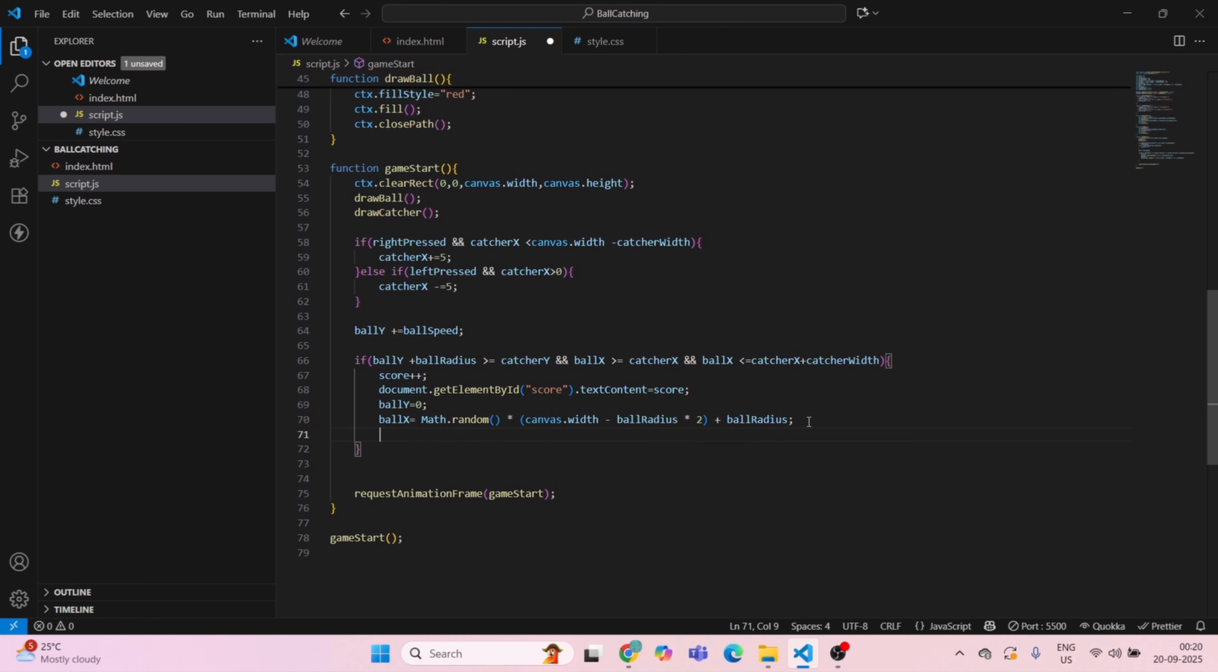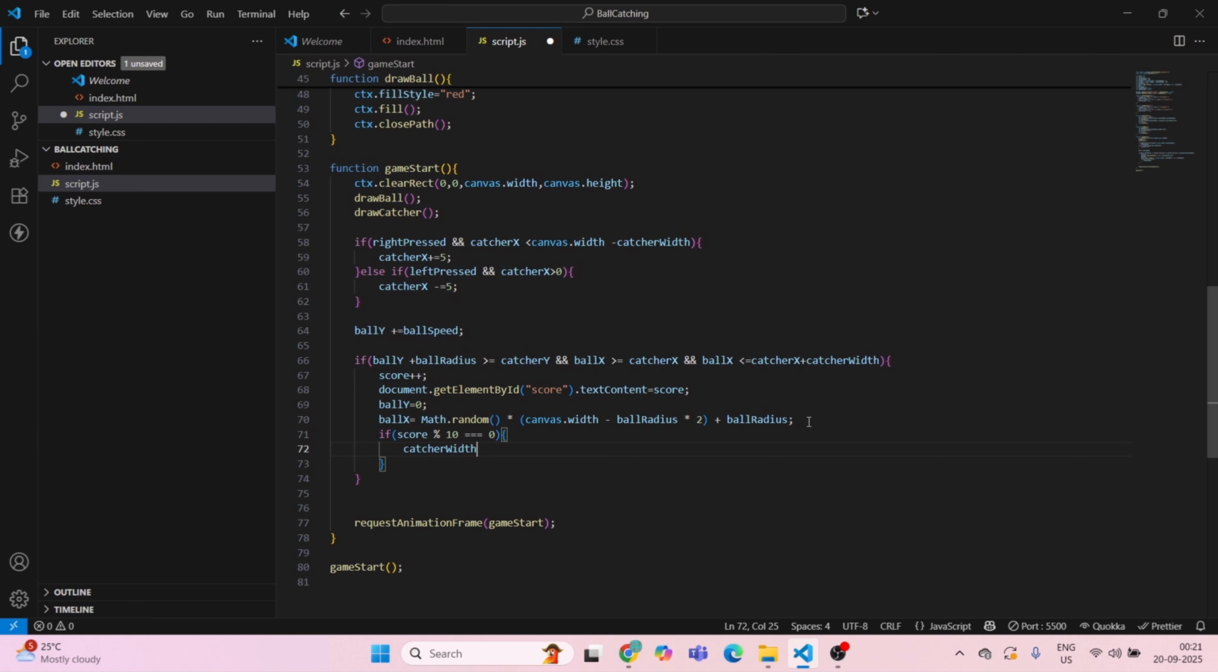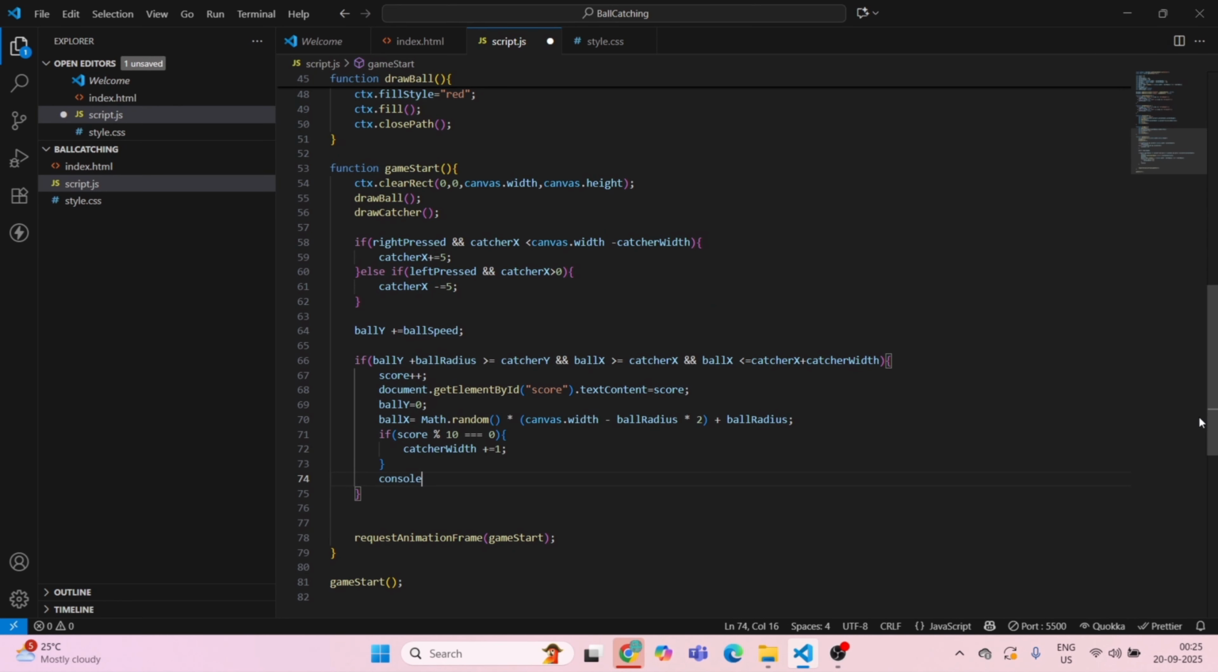And now we have if score mod of 10 triple equals 0, then what we will do, catcher width plus equals 1. So now that we are done with this, what I will do, I will add the console